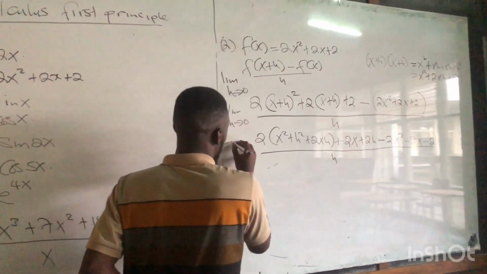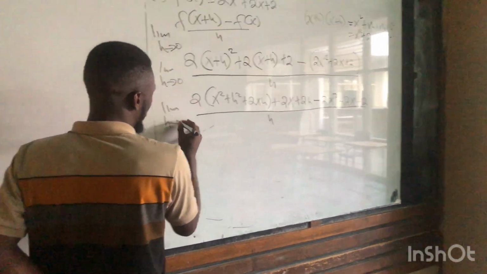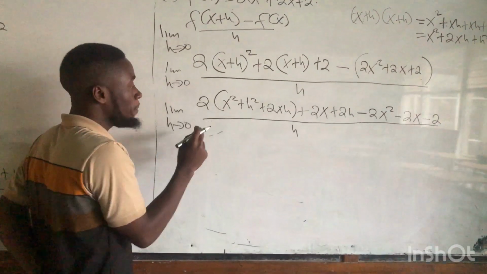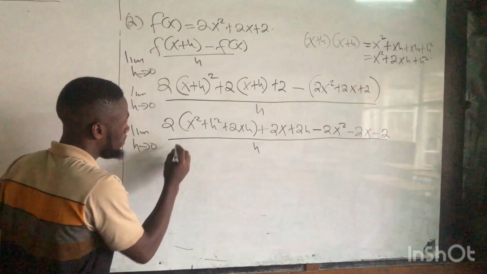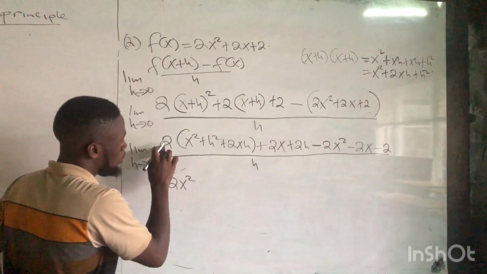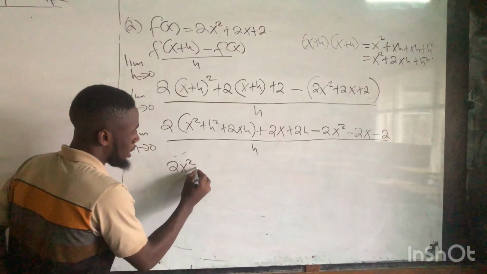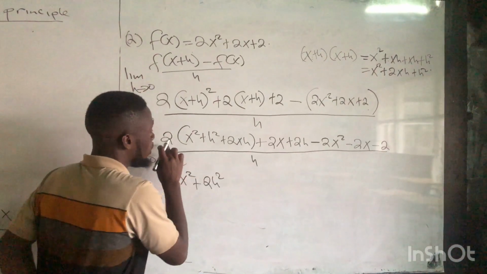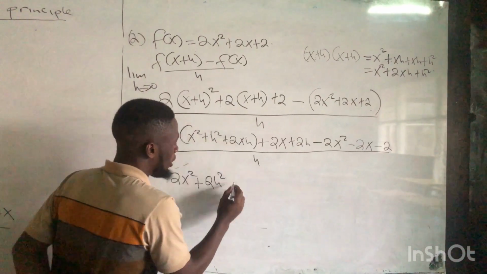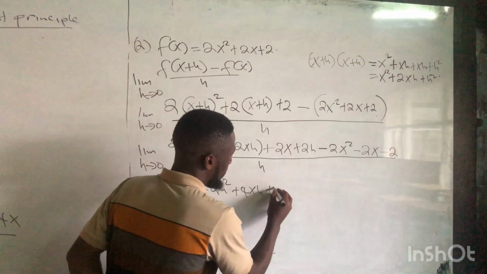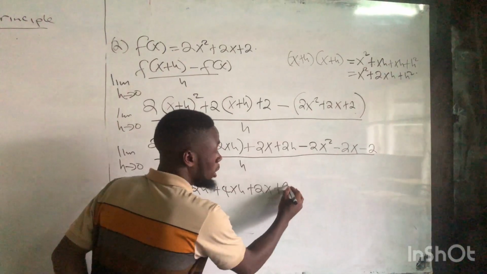Over h, do the same limit as h is approaching 0. So these two now we can multiply throughout here. It will be 2x squared. 2 multiplied by x is 2x squared, plus 2 multiplied by h is 2h. 2 multiplied by 2xh is 4xh, okay, plus 2x plus